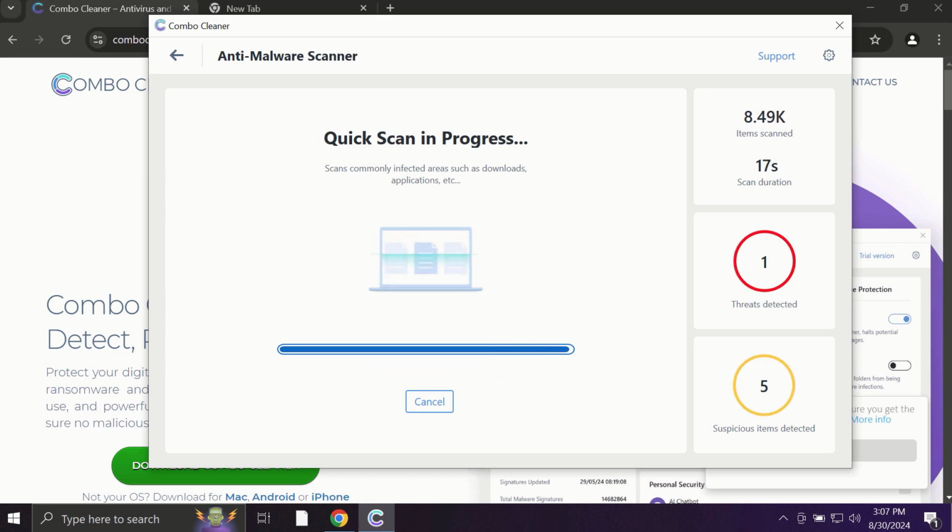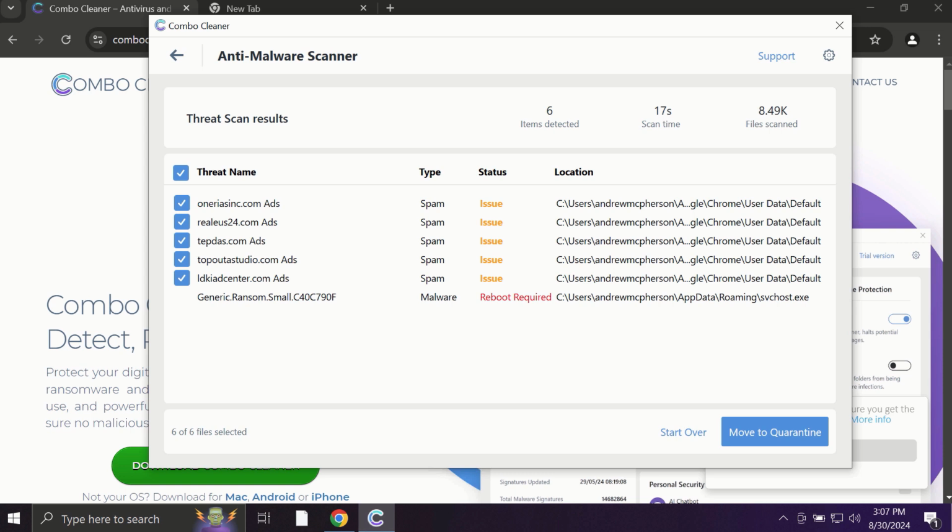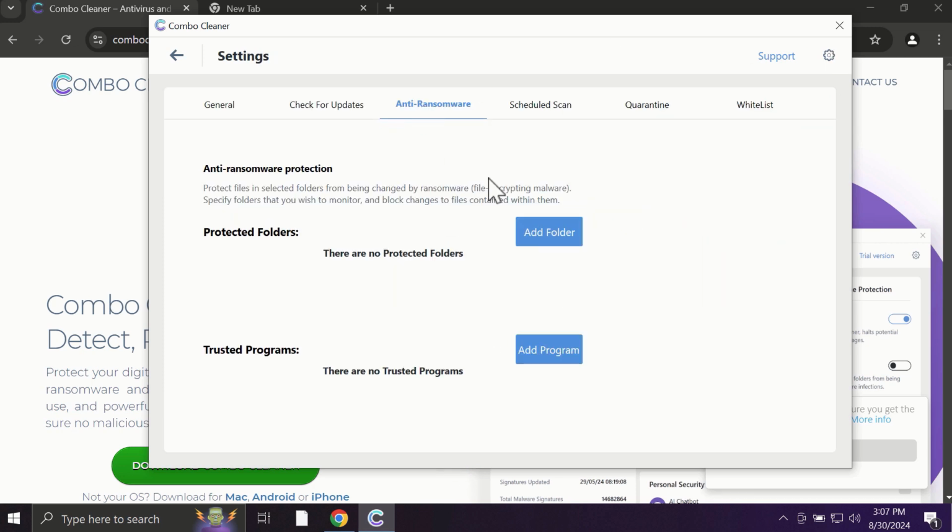Finally, at the end of the scanning, you will see the full summary of all the infections which were found on your system. Based on the summary of threats, you'll be able to know the information about the locations of threats. Some threats can be removed manually, but definitely I recommend you to consider upgrading to the premium license. With premium license, for instance, there is an excellent anti-ransomware feature which helps to always keep your data protected. You can add certain folders on your system, and the contents of these folders will be always under the protection